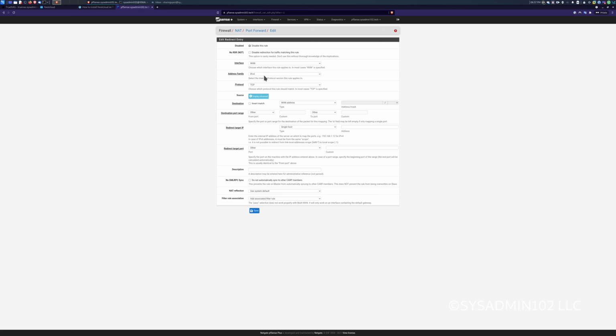So I'm gonna go ahead and add new rules. Interface is going to be WAN, and I'm going to keep everything as default settings, and the destination is going to be HTTP. I'm going to redirect it only to the Nextcloud's IP address, 10.13.2.250.